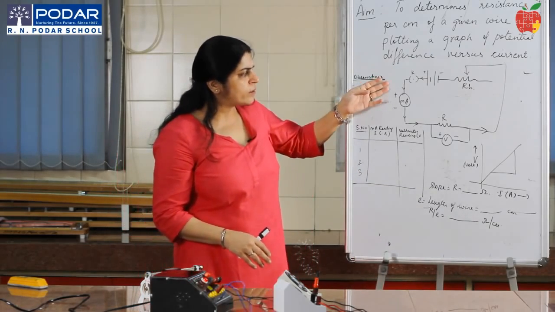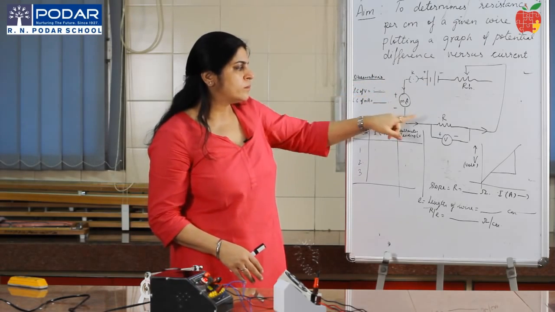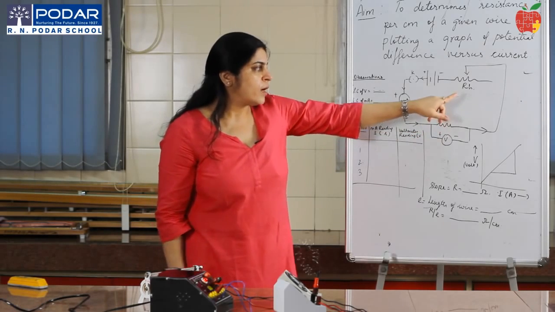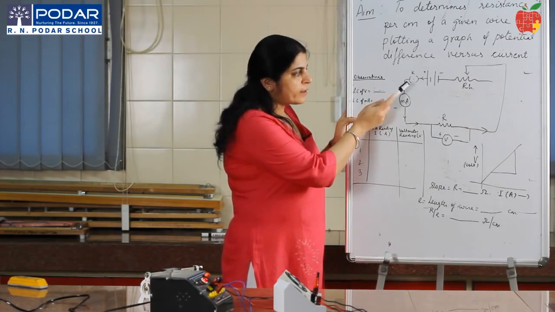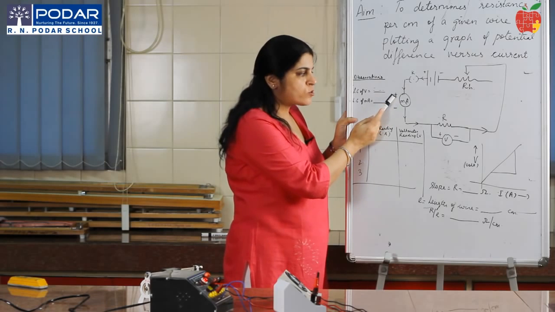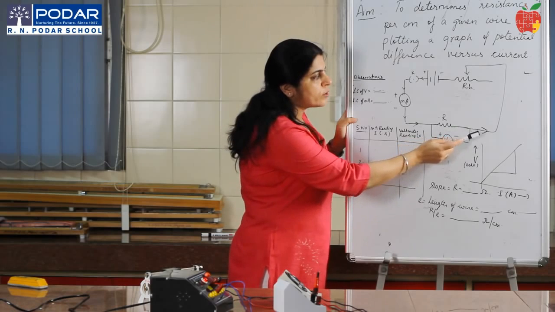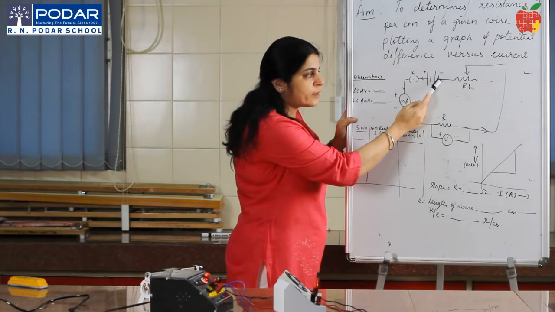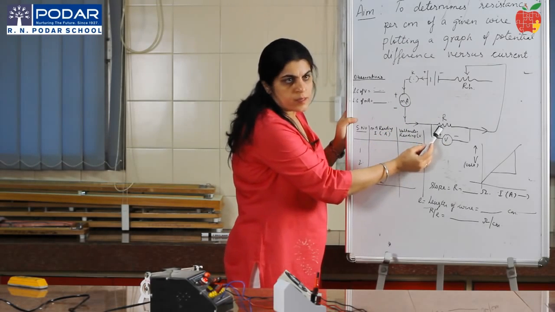As we see in the circuit diagram, this is a battery, a key, a milliammeter, R is the resistance whose value we're finding, V is the potential difference, and RH is the rheostat. The positive of the battery is connected to the key, the other end of the key is connected to the milliammeter, the negative of the milliammeter is connected to the resistance, and then through the resistance we connect to the rheostat. The other end of the rheostat is connected to the negative of the battery. We connect a voltmeter parallel across the resistance R.